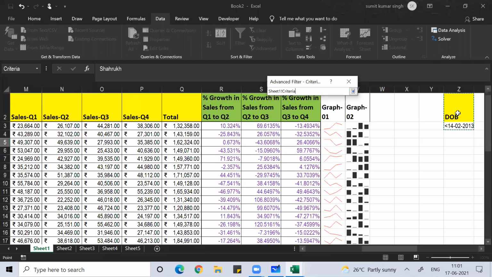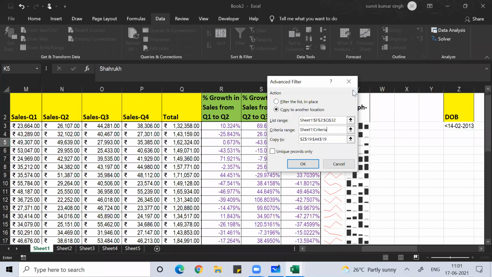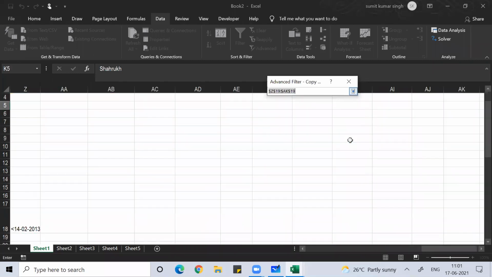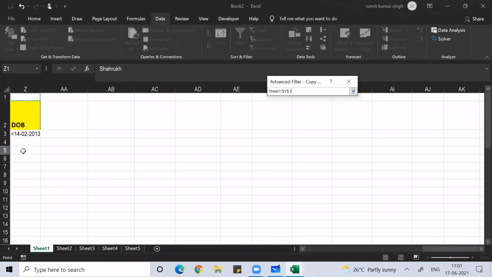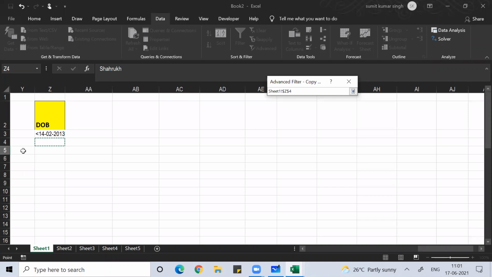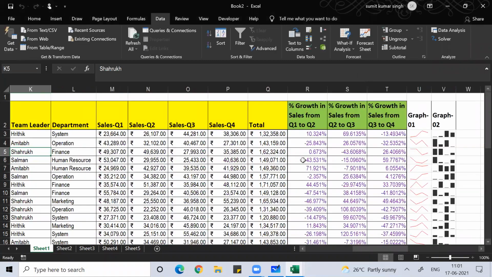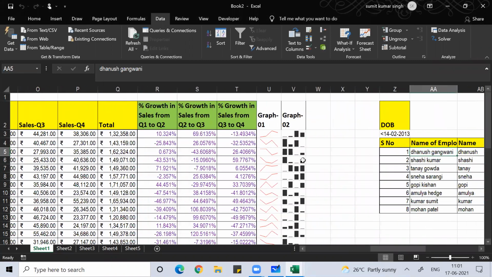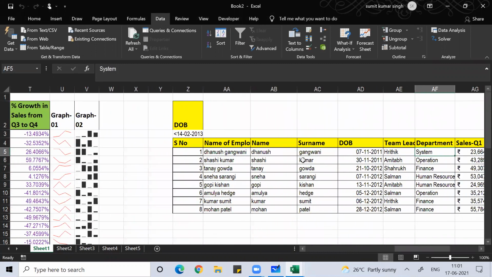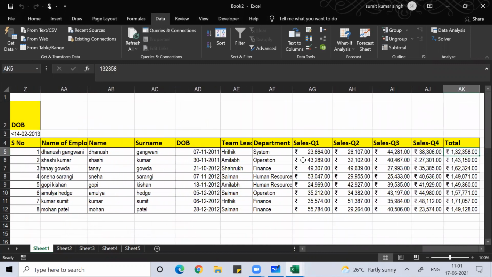This is your criteria range, and copy to where you want to copy to. Where you want the data to come, you click there and press OK. So you can see that. Clear, everyone? Anyone, any doubt?